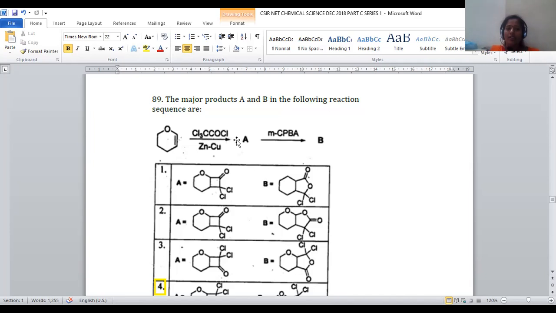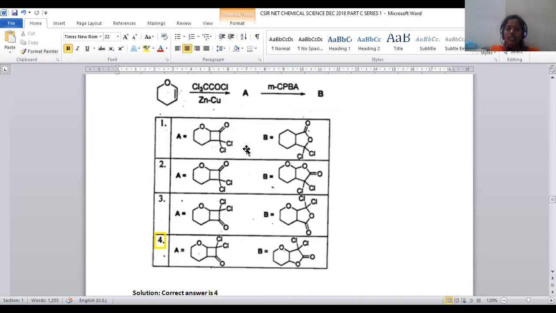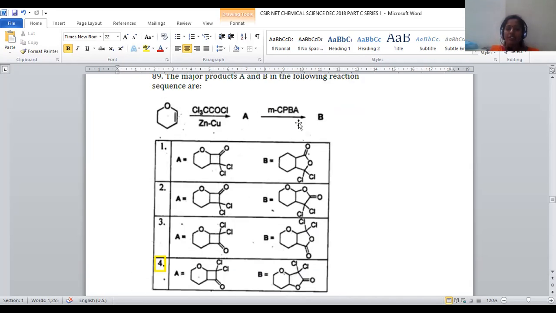Upon removing chlorine, it can be converted into a ketene type of system. A ketene type of intermediate is generated. The reaction proceeds with the ketene intermediate in the presence of a zinc-copper couple, so that we will get a cyclic product of [2+2] cycloaddition. So there is a possibility of [2+2] cycloaddition. And further, meta-chloroperbenzoic acid, being an oxidizing agent, makes compound A undergo Baeyer-Villiger oxidation, where insertion of one oxygen is possible, so that we will get a cyclic lactone. So the final product will be a lactone.